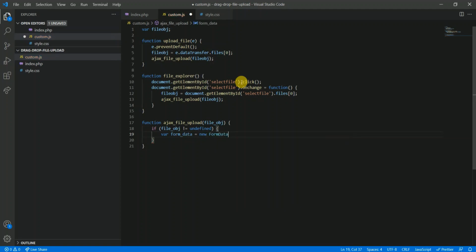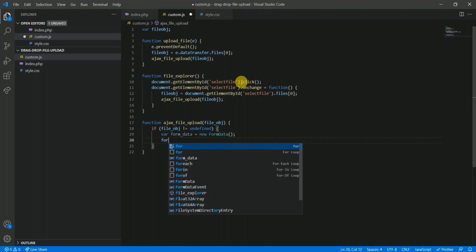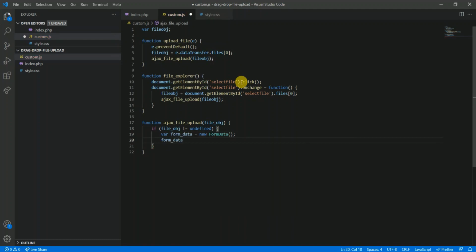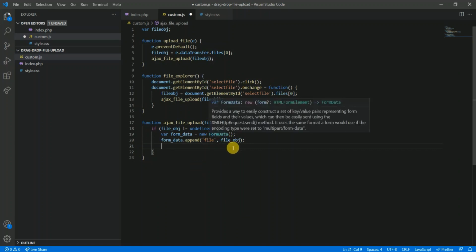So let's build the variable using form data. Now to this variable I am appending a variable called file, and it contains our file. This variable will have the contents of our file.